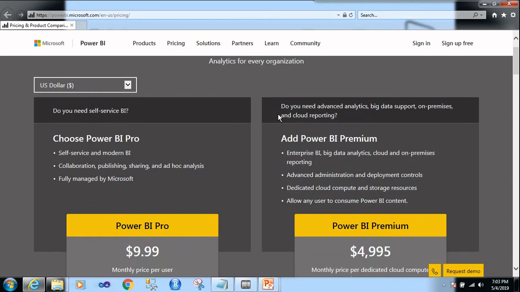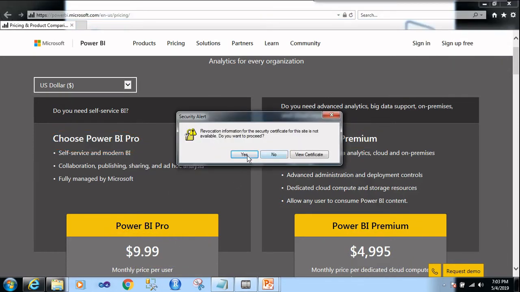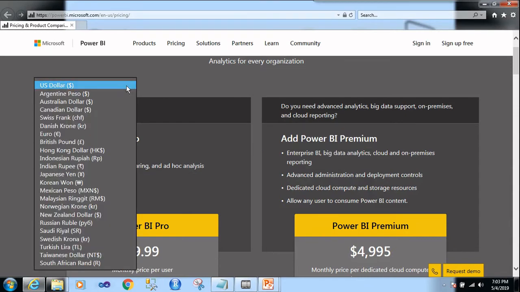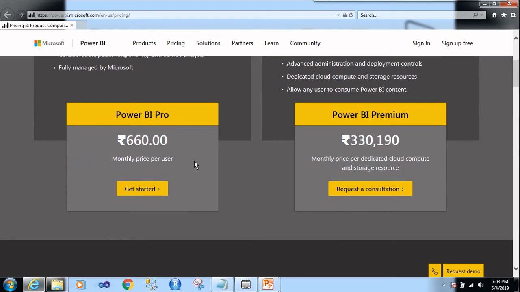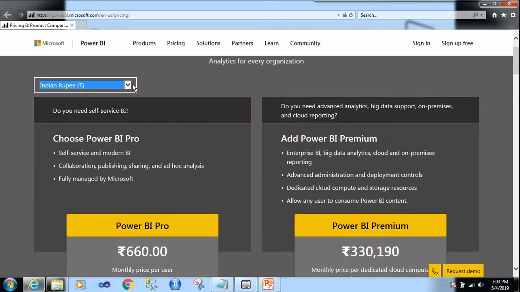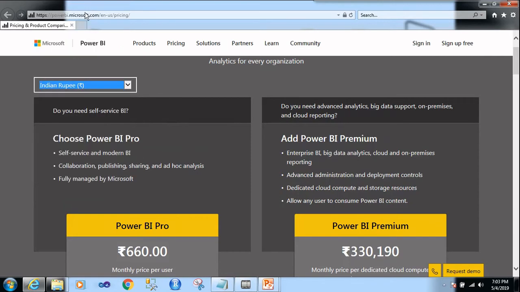I've already told you Power BI comes in Pro and Premium versions. The Premium cost is this much and Power BI Pro is this much per month, on a monthly basis. It depends on what currency you want pricing in. You will see the pricing when you click on this. In US dollars it is approximately $10, 9.99.